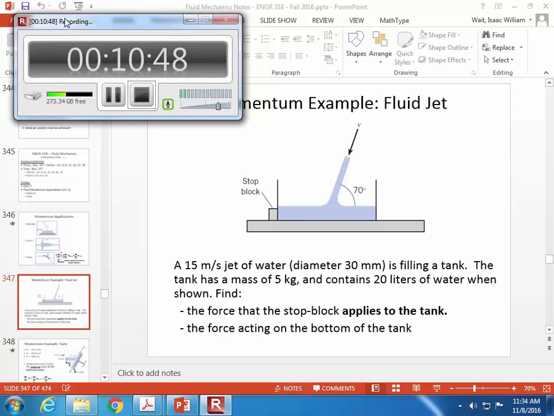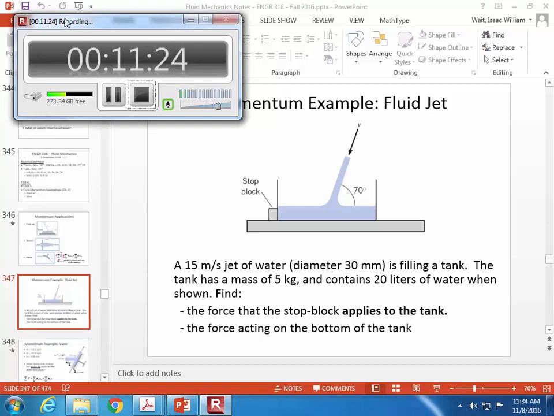And so since there's a 70-degree angle, most of that velocity is vertical. Only a smaller fraction of it is going to be in the x direction. So you'll need to account for the 70-degree angle. And then we can look at things also in the y direction. Okay, so in the y direction, we'll say the sum of the forces required to hold the system steady are